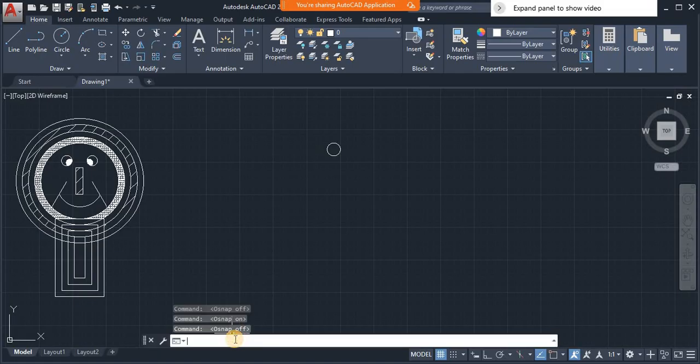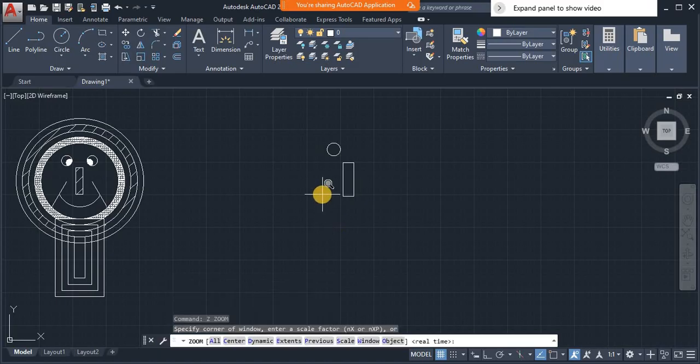So again I give rectangle command, REC, enter. Again it is asking specify first corner point. So let's say this is the first corner point. Specify other corner point. So let's say this is the second corner point, and the rectangle is drawn. Now I want to draw the inner portion of this eye, right? So for that I first zoom into this area. For that I give zoom command. That is the shortcut for zoom. Press enter,